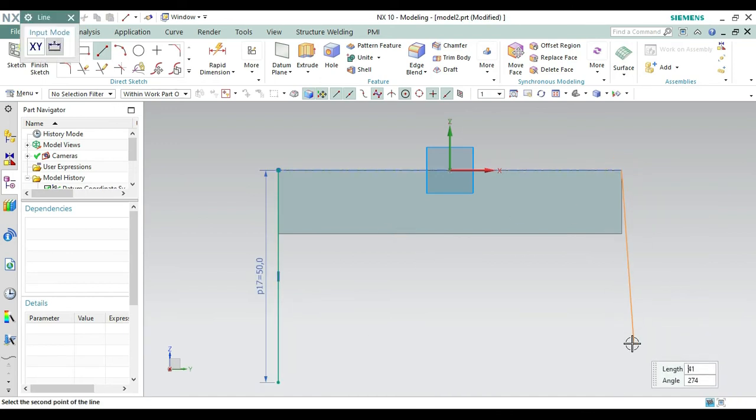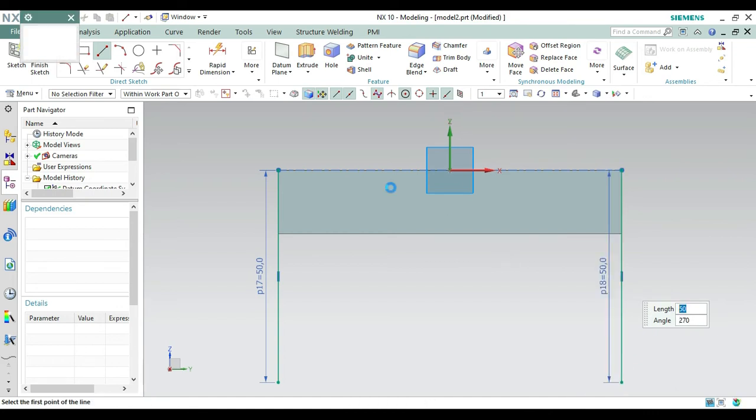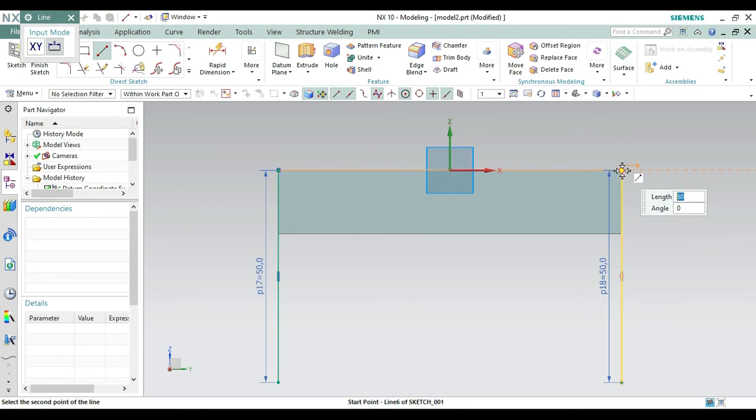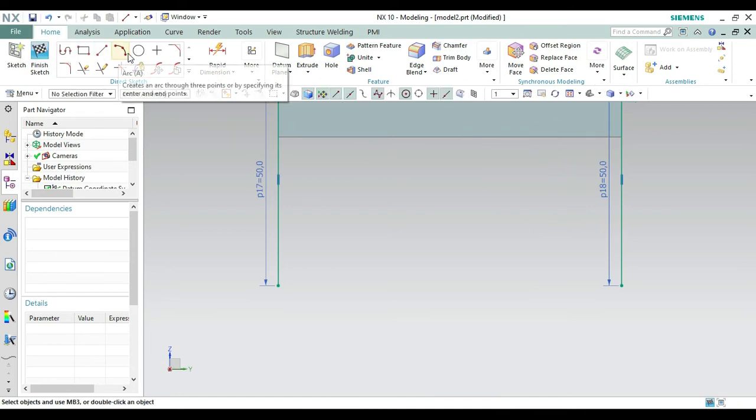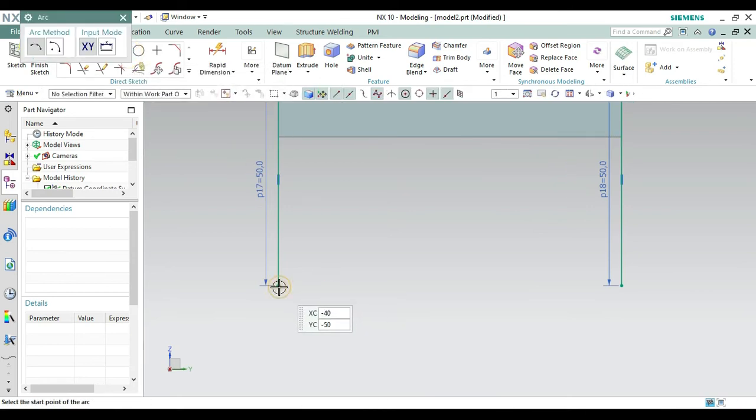Similarly, again with this one, 50 and an angle of 270. And then join this point and this point. Let's drag it above. Taking the arc command, select this point, then this point, and create a radius of 40. From here, let's make the radius 40 and click it.